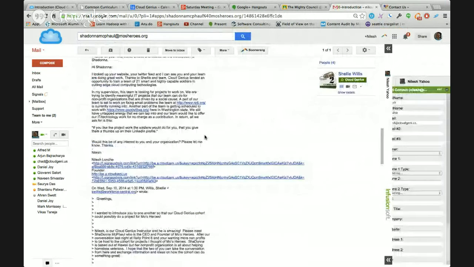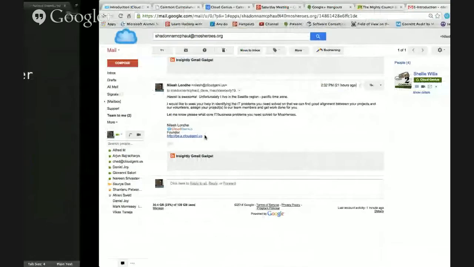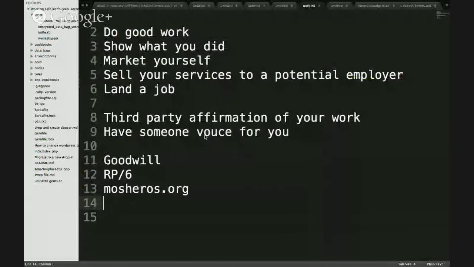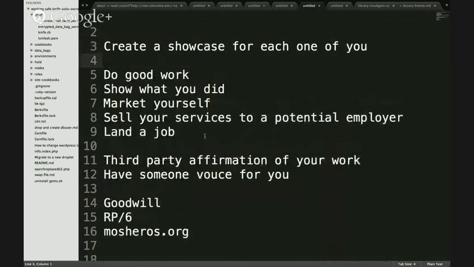Shadana says that she will work with us and give us projects. So we'll work on these projects with Goodwill, with RP6, with Mo's Heroes, and other people as we accumulate. But we want to create a showcase for each one of you. That's what I want.